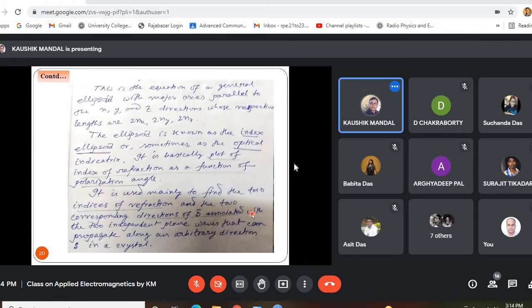Now the question is about the structure of the ellipsoid. The structure of the ellipsoid is familiar to us. Now from this ellipsoid, how can we find out the index of refraction and the direction of D? So from the index ellipsoid, we have to find out the two indices of refraction and the two directions of D. For that purpose, what we have to do,